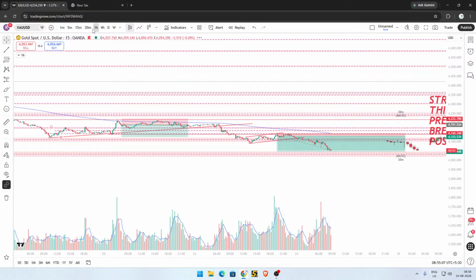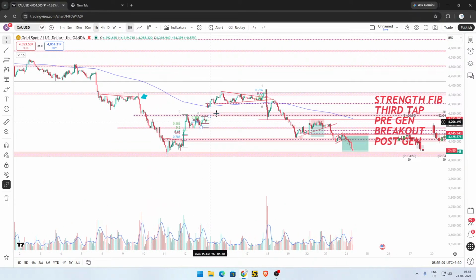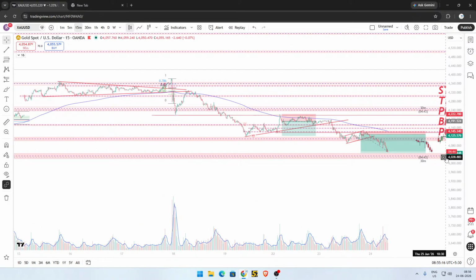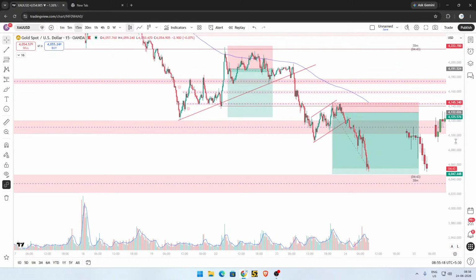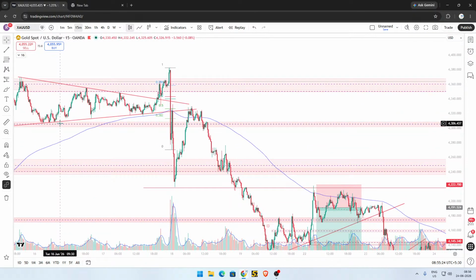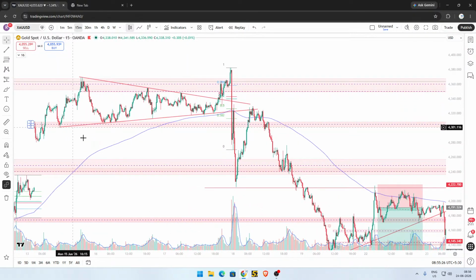15 minutes. Okay, let's put 1 hour. So now the trend is on this side, and let's go to 15 minutes. Then you can see the proper general setup. So here the change of character was there till here, meaning when there was no change of character,